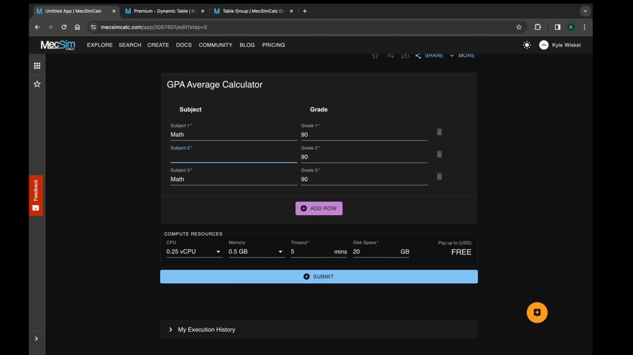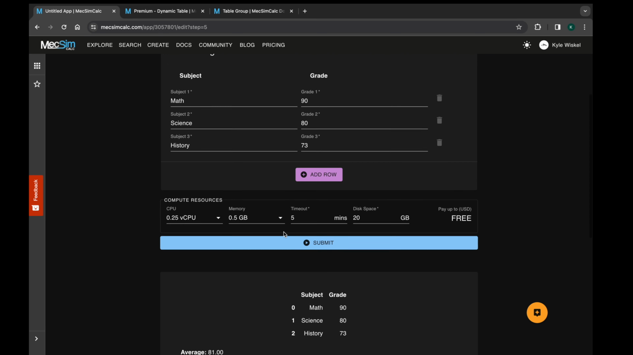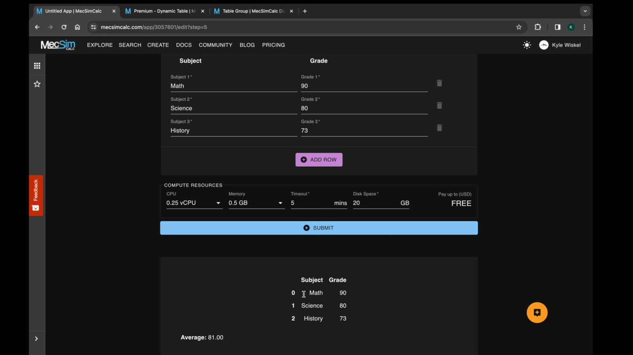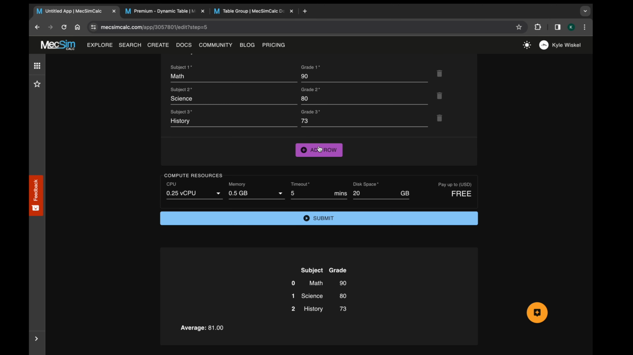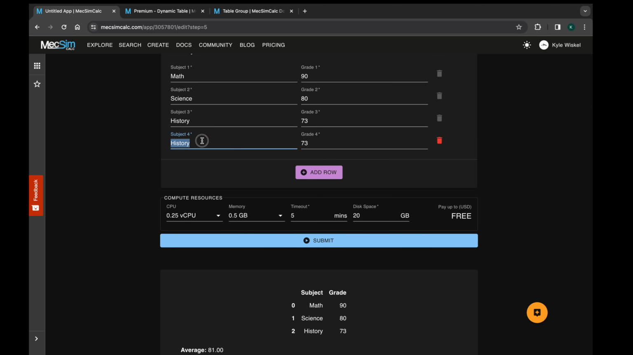Let's change up our values a bit. So the subject 2 will be science, and subject 3 will be history. We have a grade of 90, 80, and 73. We can then click Submit. As you can see, we have Math 90, Science 80, History 73, and an average of 81 with 2 decimal places. You can then add a row,